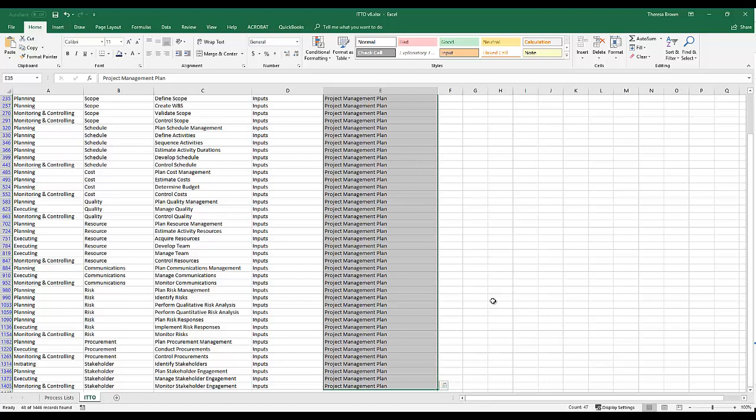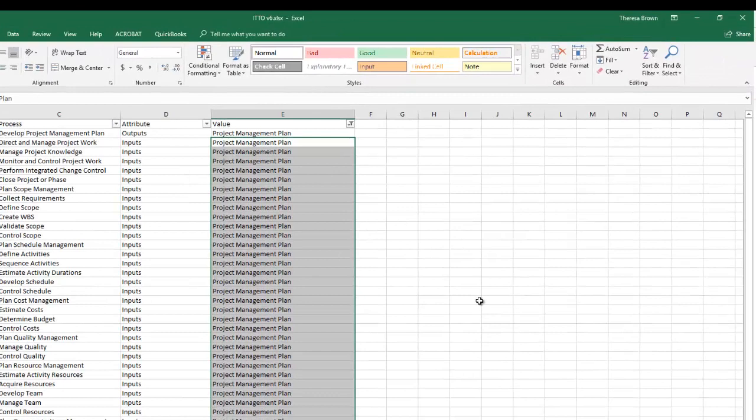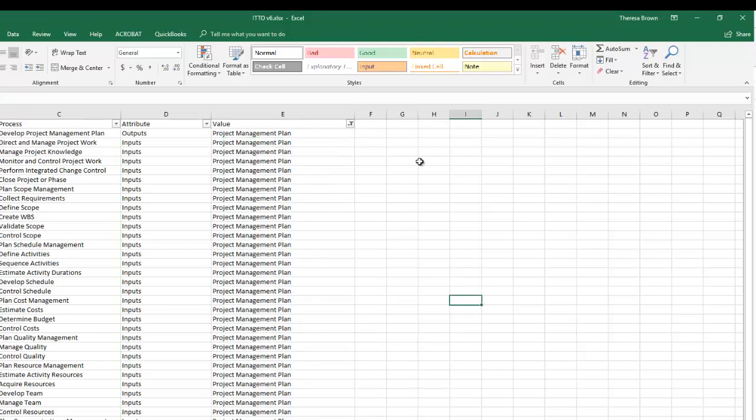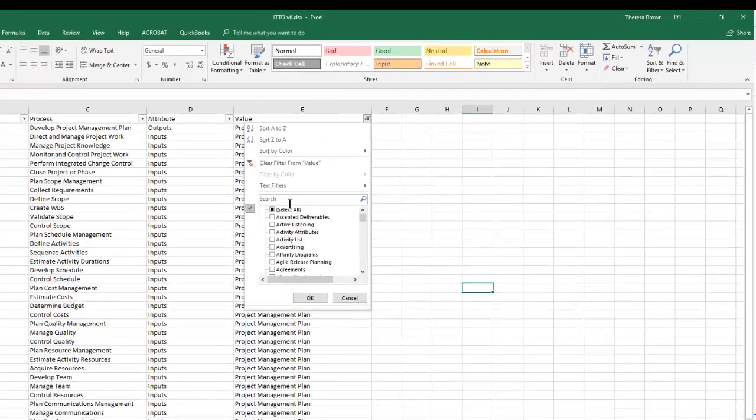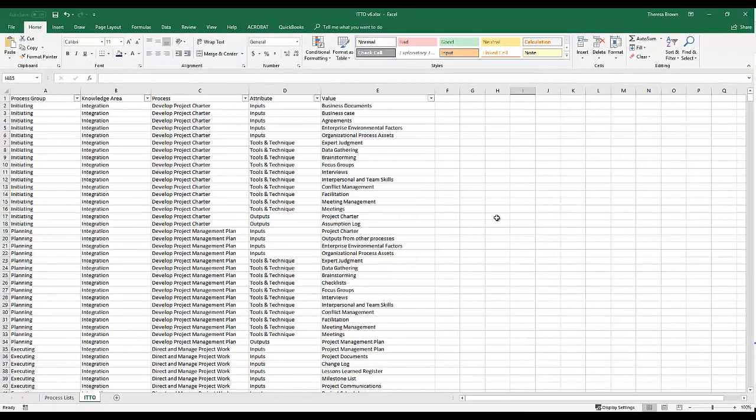So can you guess which of the processes is missing? Which process does not have project management plan as an output or project management plan as an input? There's only one process. See if you can answer that question. Meanwhile, as you begin to create your ITTO, I want you to pay attention to those types of patterns,